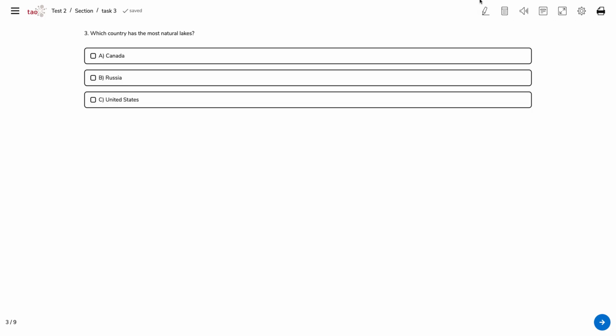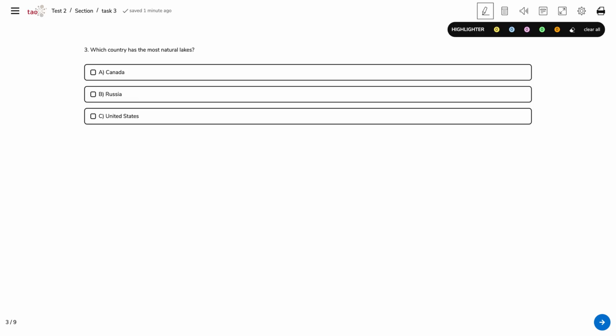In the top right corner of the page, this series of icons contains test-taking and accessibility tools. These icons can be different from question to question, depending on how the assessment was configured. The pencil icon is the highlighter tool, which is used to highlight the prompt, or texts used as support materials